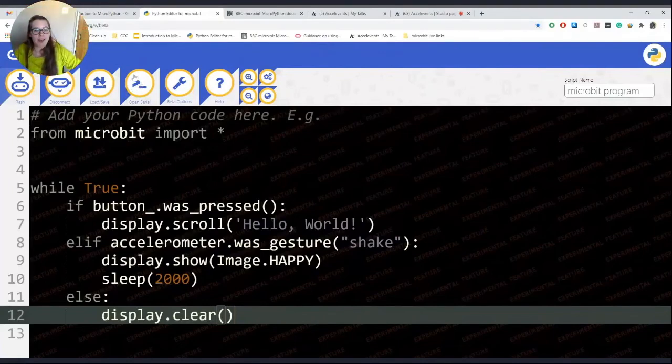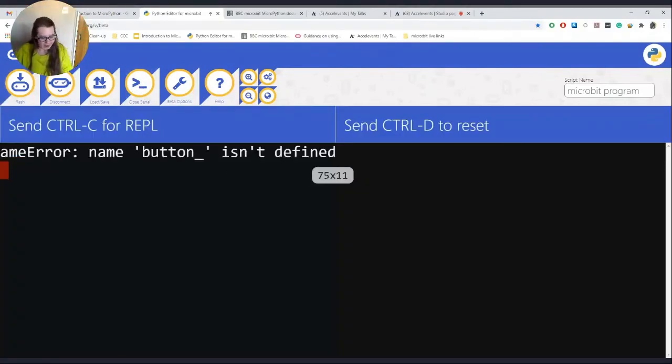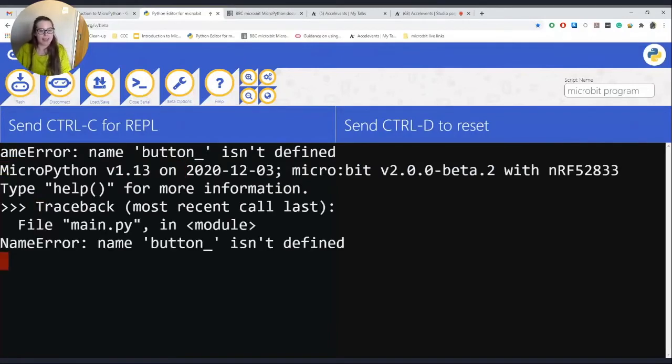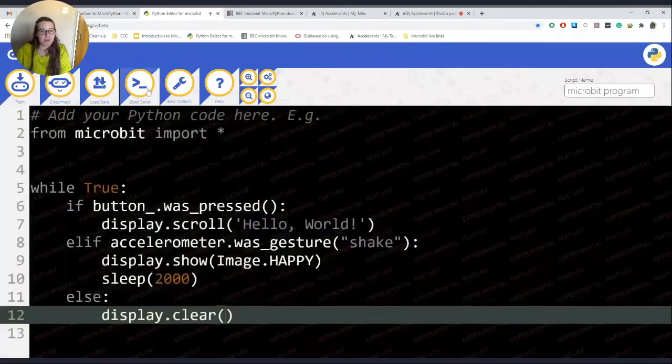So if you click to open the serial and open the REPL, and I'm going to press reset, now it tells us that there's an error, and it tells us that button underscore isn't defined. So it can be quite tricky to pick out the bit of the error you want, and sometimes it can scare children. But yeah, patience and trying to stay calm is the name of the game here. So I know that there's something wrong with my button code. So if I go back, I can find the bit where I put a button, and I can change that bit of code. So that's a really useful feature.